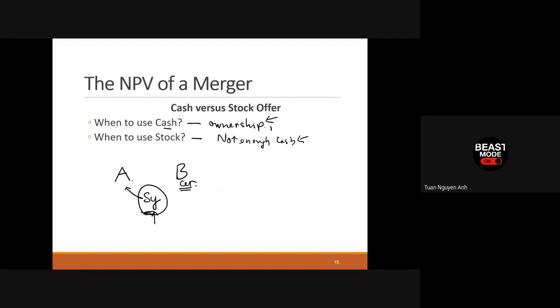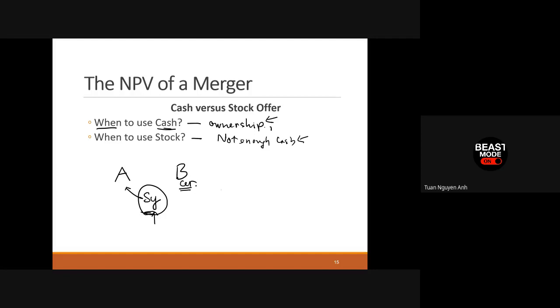So if A still uses cash, they are very confident about the future. So when you're confident about the future, the signal is very good when you use cash. Các bạn có thấy đây là một cái trường hợp rất giống như là trường hợp về fixed và variable